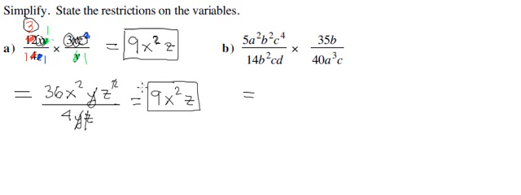Okay, I'm going to try to do this, just multiply and then reduce. I think I'm going to regret it because the numbers are so big and this thing is so complex. Here I think the reduce before version is going to shine, but I'll do it the clumsy way first. 5 times 35 is 175. A's, I have a squared, and there aren't any others. B's, I have b squared times another b makes b cubed. C's, I have c to the 4th